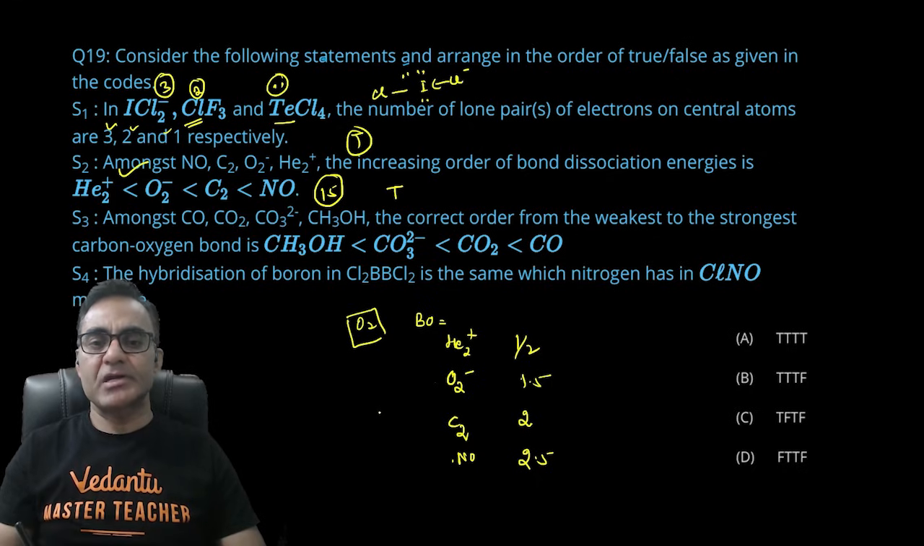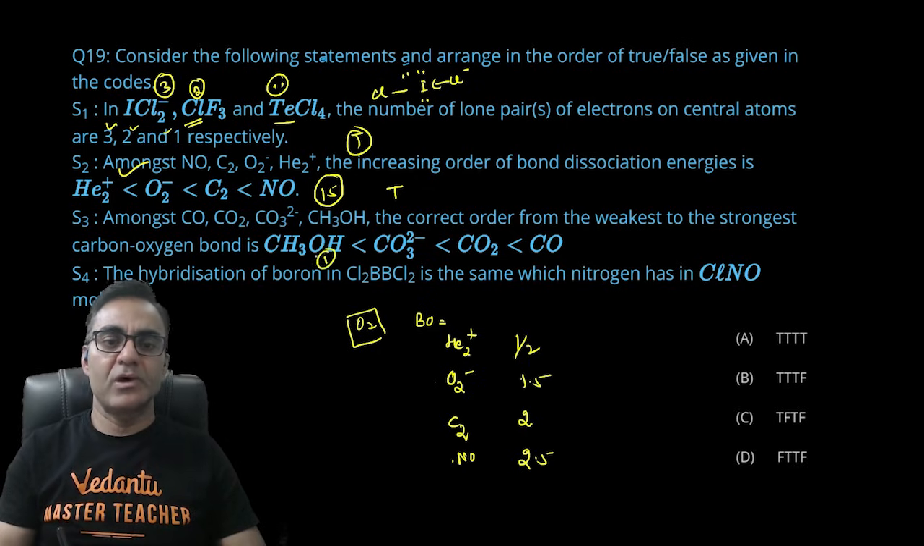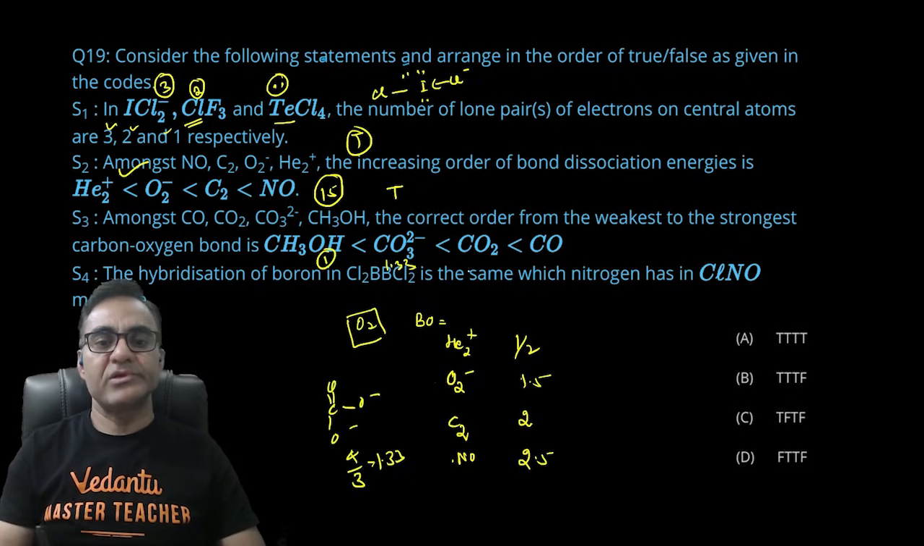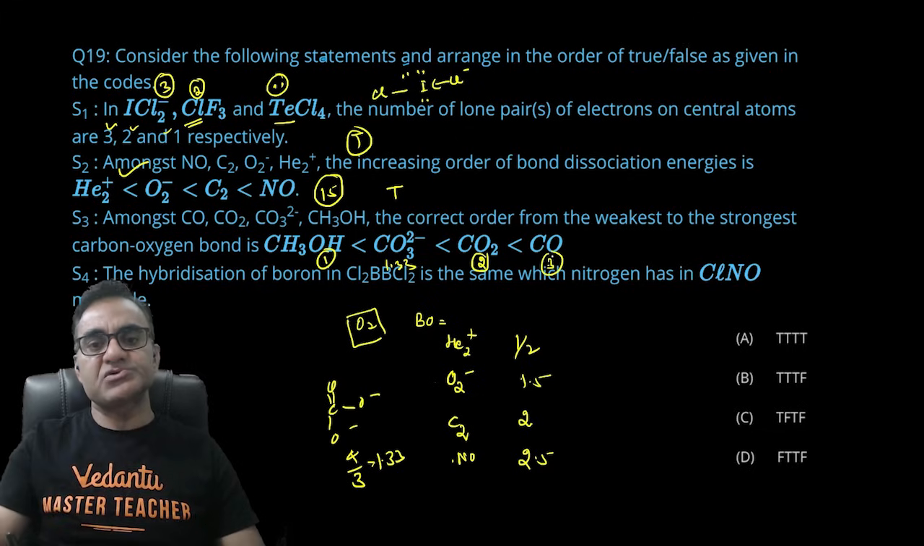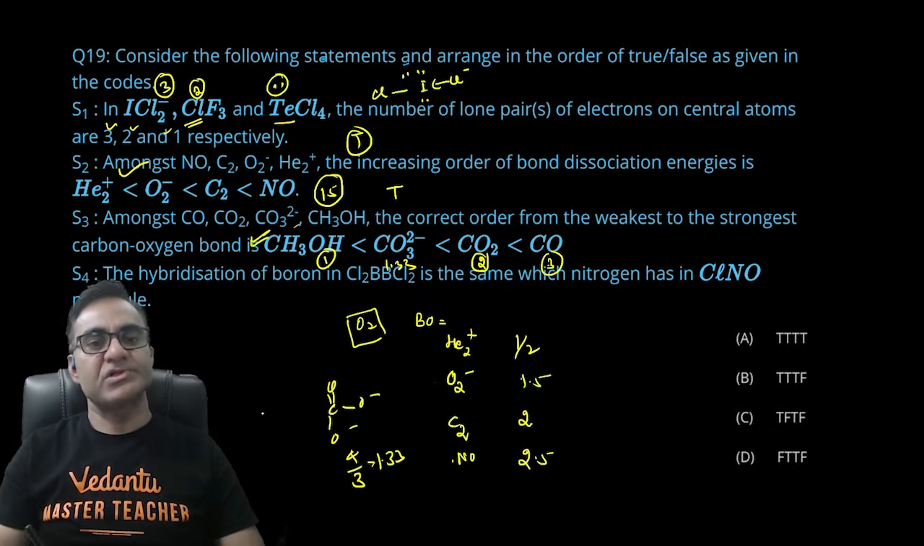अमंग CO, CO2, CO3 2 माइनस, C3O2 करेक्ट ऑर्डर फ्रॉम द वीकेस्ट टू स्ट्रॉन्गेस्ट कार्बन ऑक्सीजन बॉन्ड। अगेन आप बॉन्ड ऑर्डर निकालो, यहाँ बॉन्ड ऑर्डर 1 है, यहाँ बॉन्ड ऑर्डर एक्चुअली कार्बोनेट का स्ट्रक्चर कुछ ऐसा होता है, टोटल 4/3 हो गया, बॉन्ड ऑर्डर 1.33। तो यहाँ पे 1.33 है, यहाँ पे 2 होता है और यहाँ पे 3 होता है। अगेन बॉन्ड ऑर्डर जितना ज्यादा होगा बॉन्ड की स्ट्रेंथ उतना ज्यादा होगी, तो बॉन्ड ऑर्डर बढ़ रहा है, बॉन्ड स्ट्रेंथ बढ़ रही है, ऑलराइट।